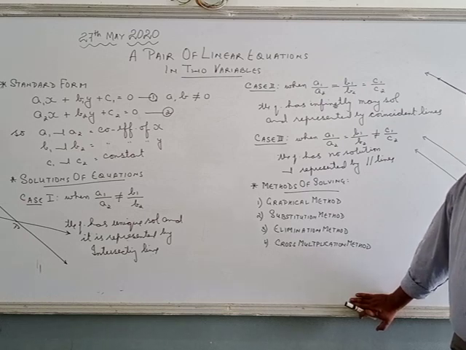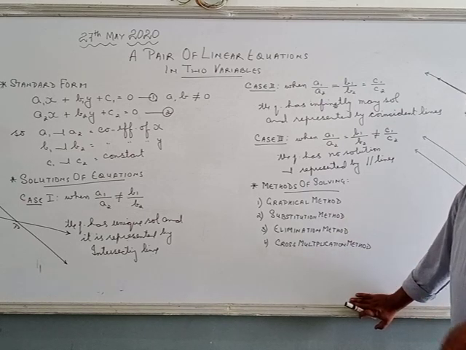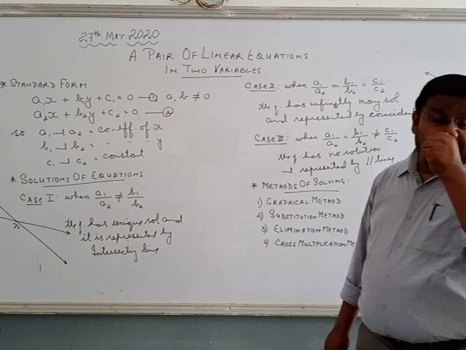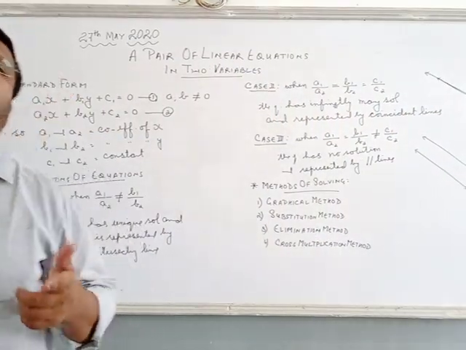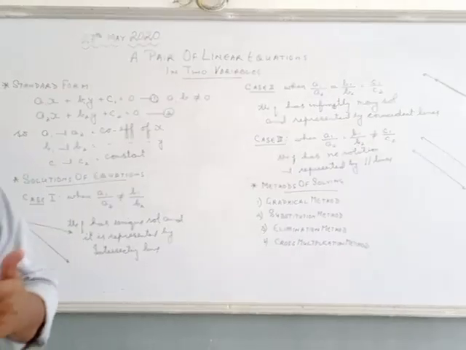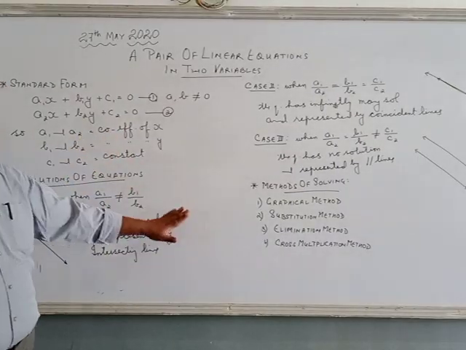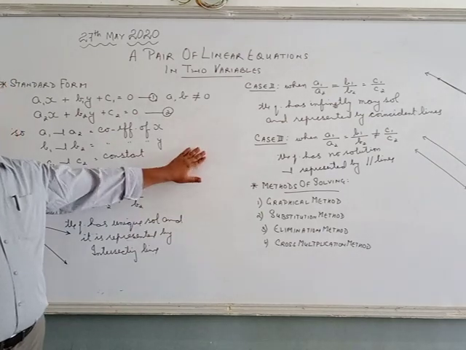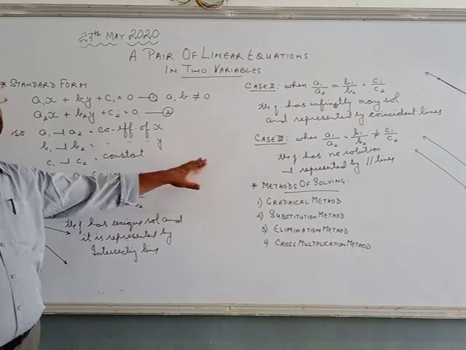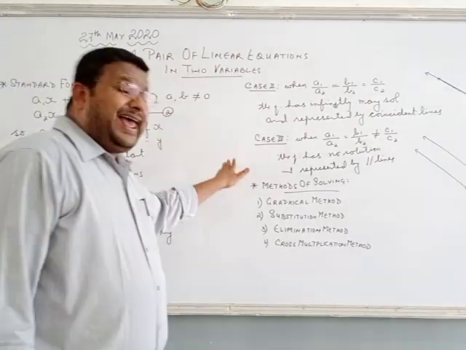Tomorrow, when we come back for the next lecture, we will be discussing the substitution method. Be ready with your NCERT book, exercise 3.3. We'll start with 3.3 first, and then we'll come to the graphs. Thank you everyone. Copy this in your notebook so that you can go ahead. This is the second chapter of your algebra unit.